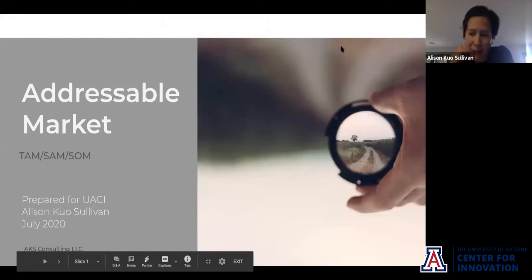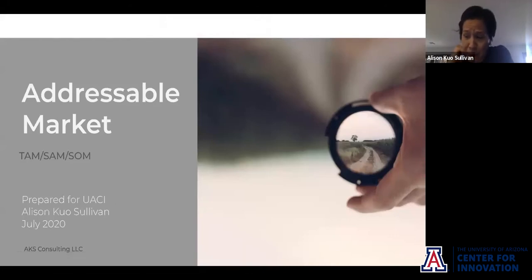Basically, what I've put together for you is just a little bit about TAM and SAM. So for those of you who have been asked about what your TAM is, or your total addressable market, I'm going to talk a little bit about how you can calculate it from a really pragmatic approach, that can be realistic and on a budget. But also, I'm going to give you some insight into why it's actually useful in an operational setting.